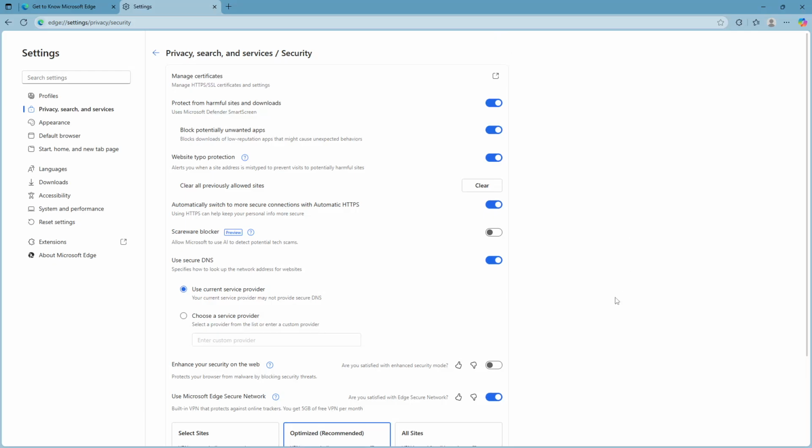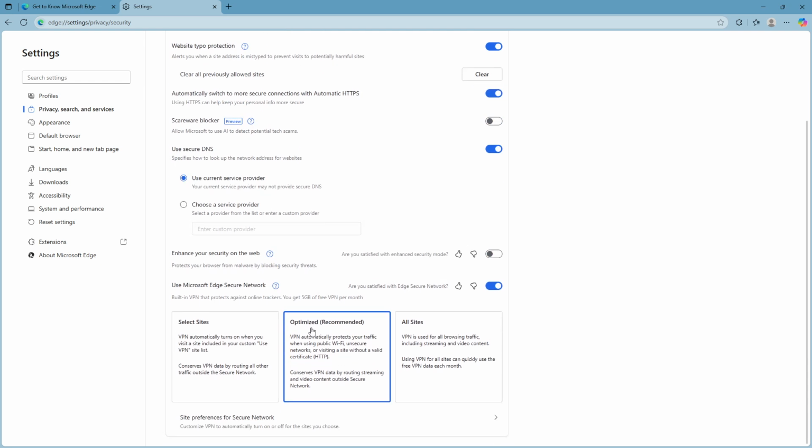One fantastic benefit is that Microsoft Edge offers you 5 GB of free VPN data each month. It's a nice little package providing you with enough data to browse securely. It might not be a full-fledged VPN service with unlimited data, but it's perfect for casual browsing and securing your